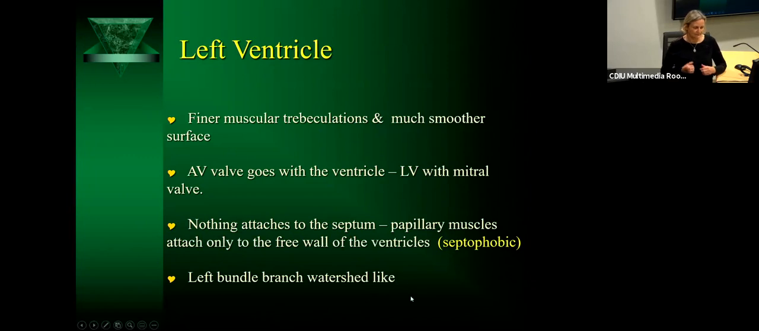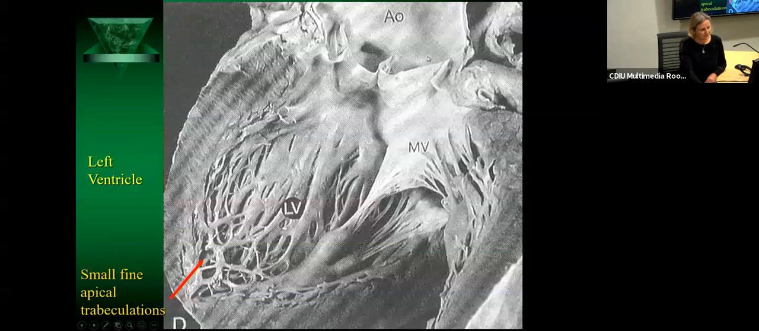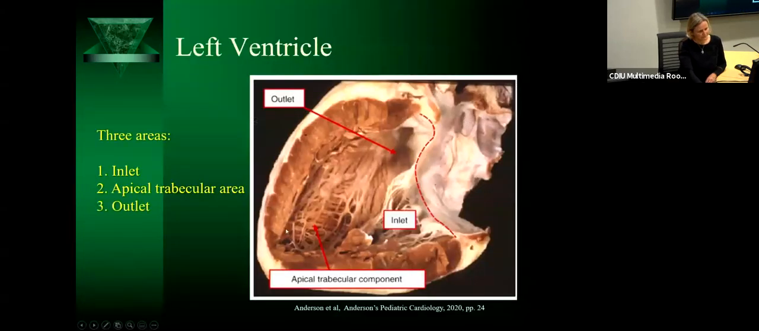And the left bundle, so remember we said the right bundle was long and thin, but the left bundle branch is a bit more like a watershed. There's our left ventricle. In comparison, we see our mitral valve here. So this would be our inflow from our left atrium to our left ventricle. And the apical trabeculations are quite finer than when we compared them to the right ventricle. There's another example. We have the inlet, and we have the apical trabecular area with its finer